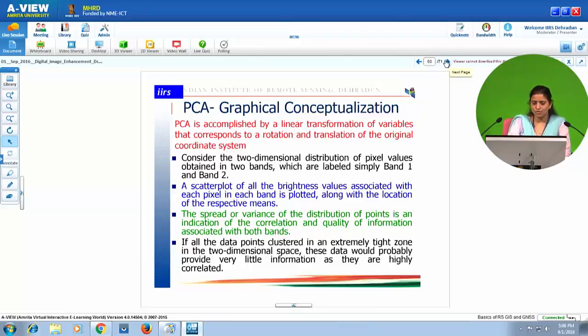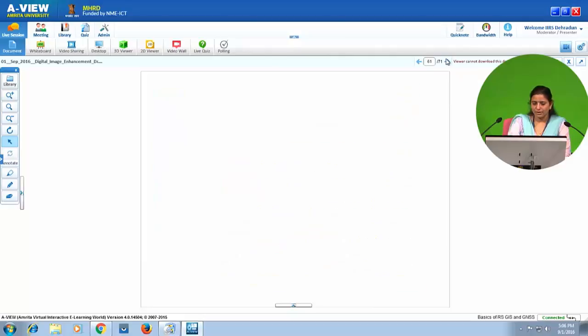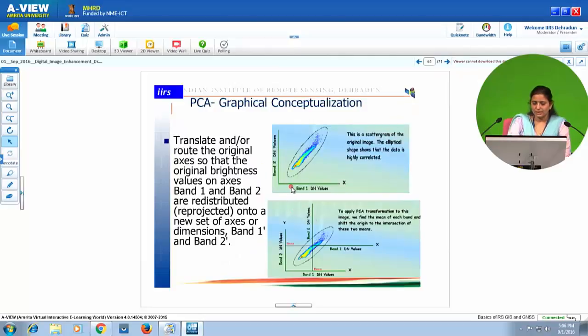You can see the scatter plot of all brightness values here, this is band 1 and this is band 2. The scatter plot of band 1 and band 2 is in the form of a very concentrated ellipse, and this shows that the data is highly correlated. So the elliptical shape shows that the data is highly correlated.